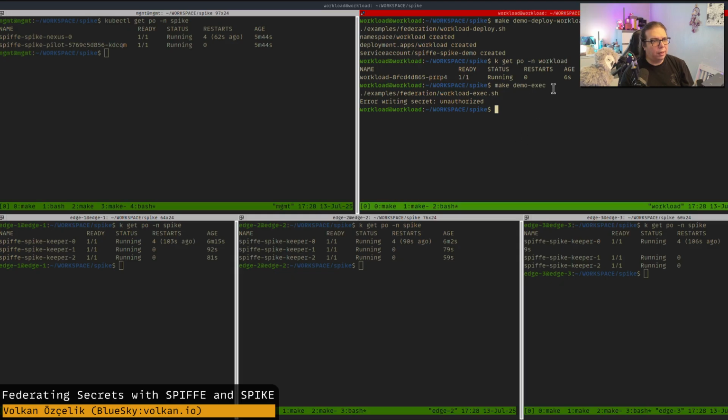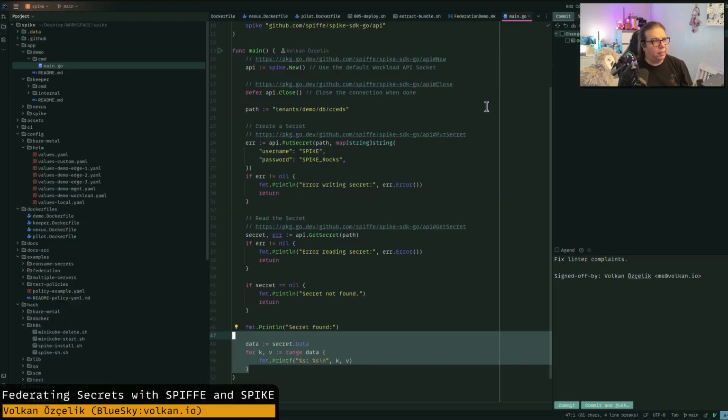So when I enter, it will say error writing secret unauthorized. Why? Because although we can establish mTLS connectivity between Nexus and workload due to SPIFFE Federation, still we need to define a policy for the workload to be able to let it create secrets or read secrets or list secrets, things like that. So for this, I have,